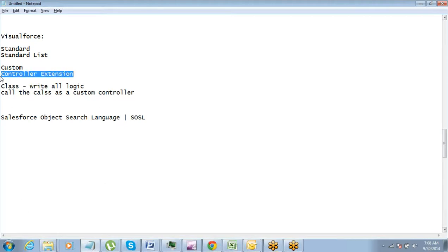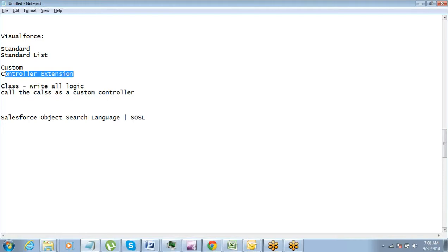But the difference between a custom controller and a controller extension is that a controller extension can be used as an additional controller. So a page which already has a standard or a custom controller, you want to extend the functionalities of the page. For example, you already have a page, and in that page you are using a standard controller.